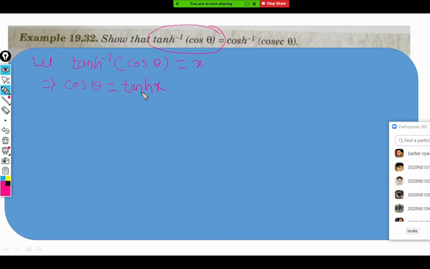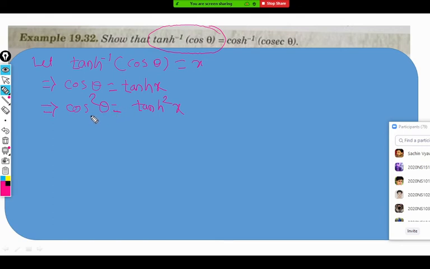But the best way you can think of is the trigonometric or hyperbolic identities. So we have the identities like 1 plus tan square theta, or cos square plus sine square. For those identities, we require squares first. So I'll use identities here. I'll say cos square theta as tan h square x. Now tan h square x, if I want to convert it, because we want a cosine function there,